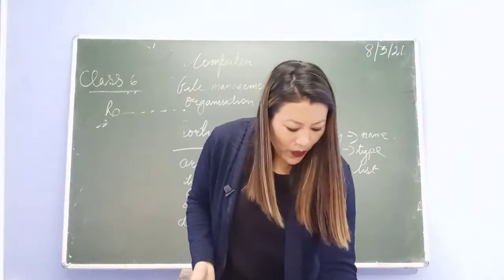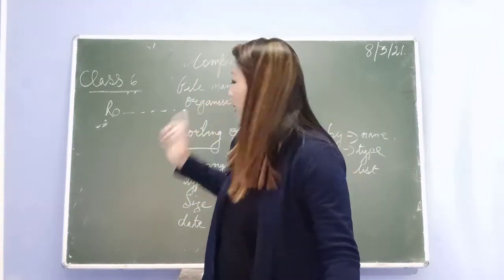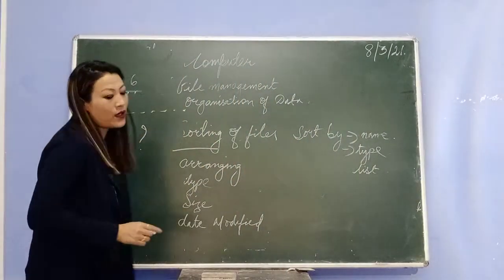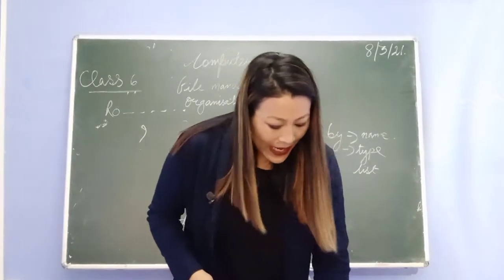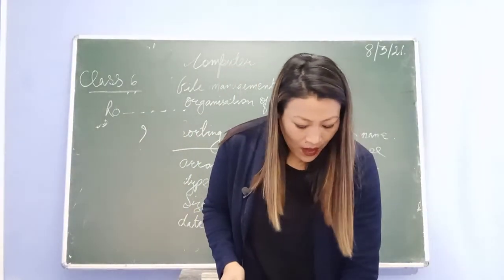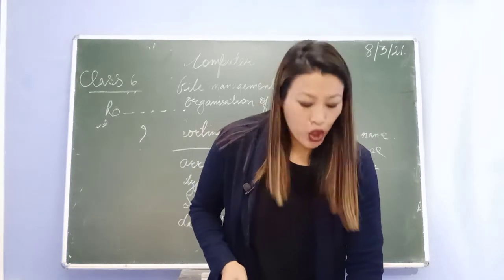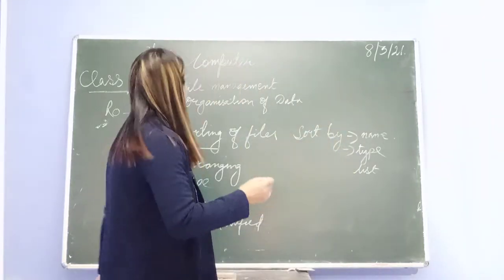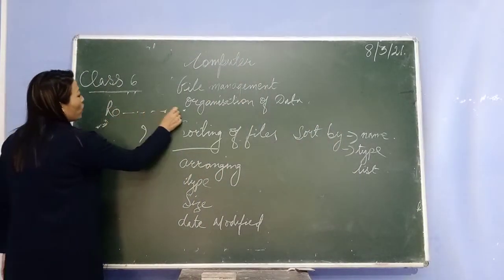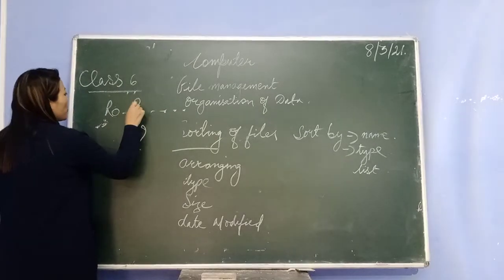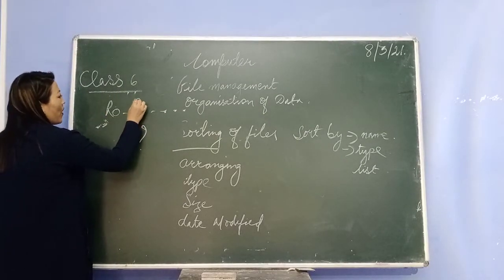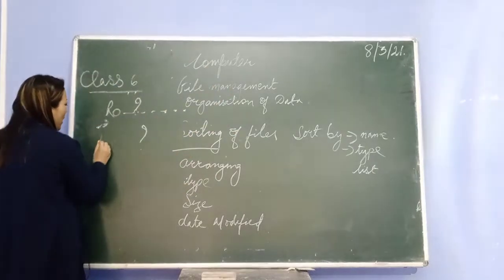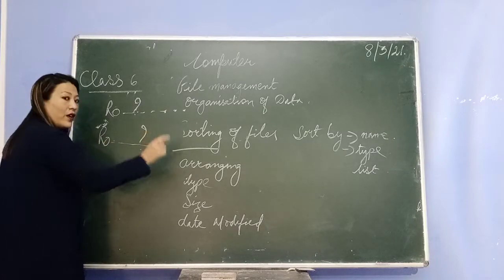Now how to search using a question mark? I am talking about the question mark wildcard character. It replaces any character in a search. This implies that even if you are not sure about a file name, you can substitute the characters you don't know with it. As I told you, if it starts with RO and you don't know the rest of the characters, just substitute them with the question mark. Then the question mark wildcard character will help you search all the files and folders that start with RO, whatever the rest.